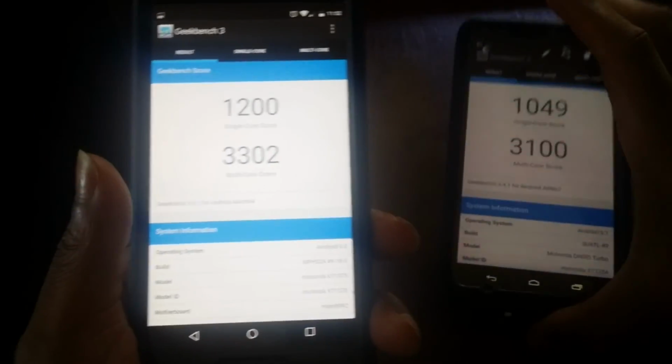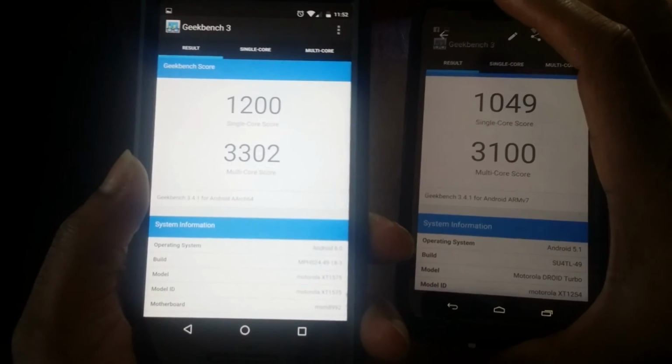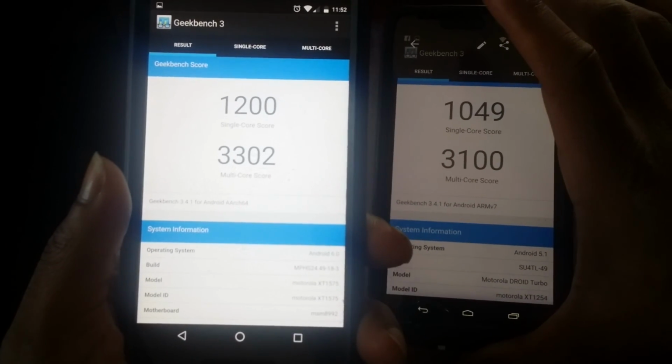Now this is Geekbench 3, and you can see the scores are very, very close. The Moto X Pure Edition scored a 1,200 for the single-core score and a 3,302 for the multi-core score. And the Droid Turbo scored